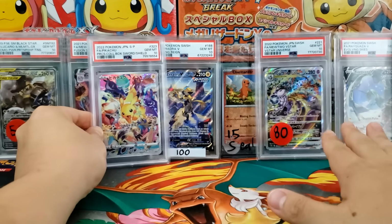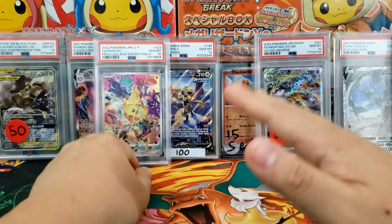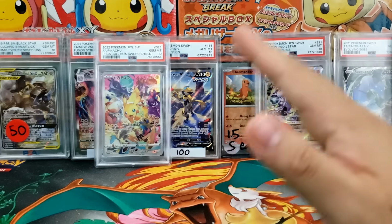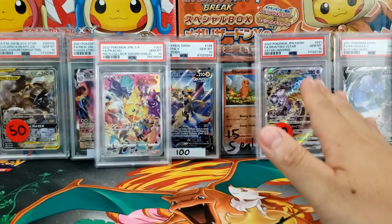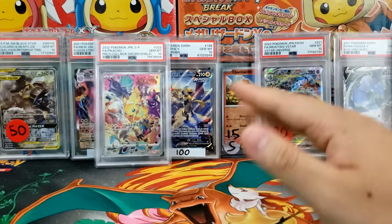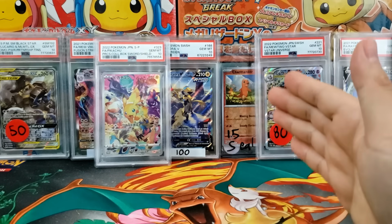Pretty much all these cards are going directly into my personal collection. They are pretty much never being sold, so these are just cards that I'm actually going to display. I was very methodical and thorough about what kind of cards I wanted to pick up. Moving on to some cards that have just been missing from my collection, and you're going to be surprised by